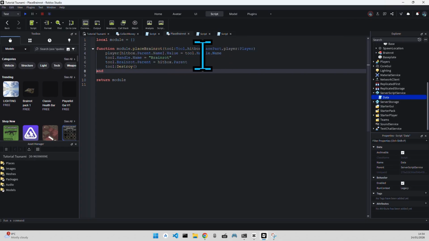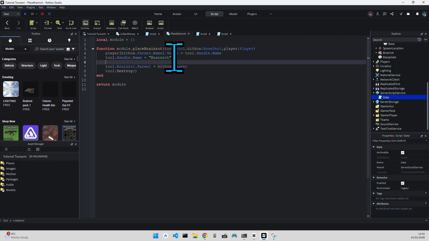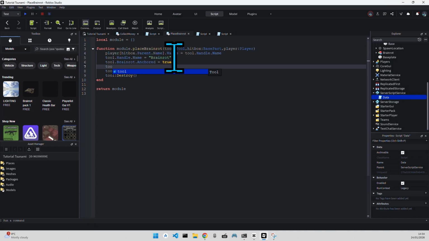So before we put the parent, what we needed to do was tool.brainrot.AddCut equals true, tool.brainrot.CFrame equals hitbox.CFrame,